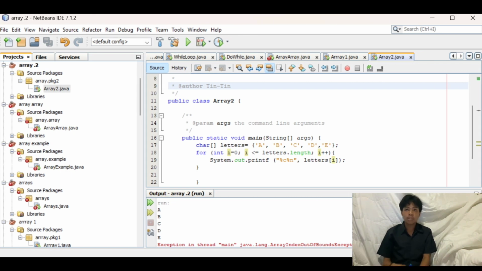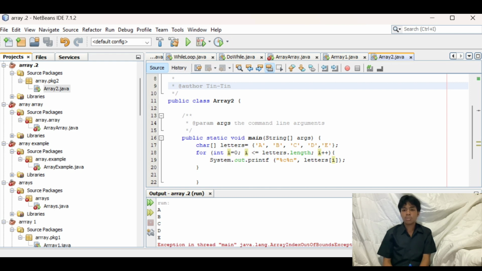So let's explain more about the program of an array. This creates an array of characters containing the 5 letters: A, B, C, D, and E. The char means it's an array of characters. for (int i = 0; i < letters.length; i++).